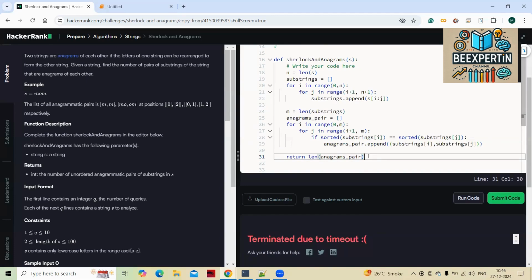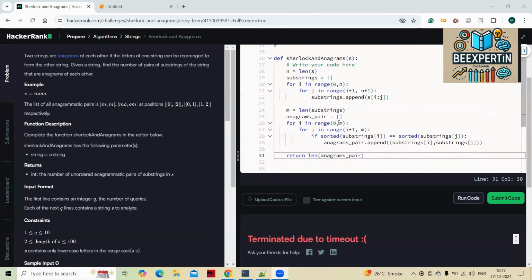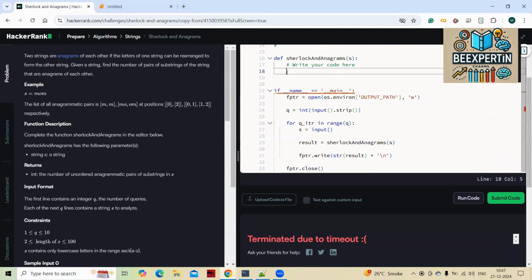So let's try the second approach that we had discussed. Even that was O of n cube log n, but at least let's try and see if our second approach code is working or not. We'll just make the submission and see if it works or not. So let's say we have again